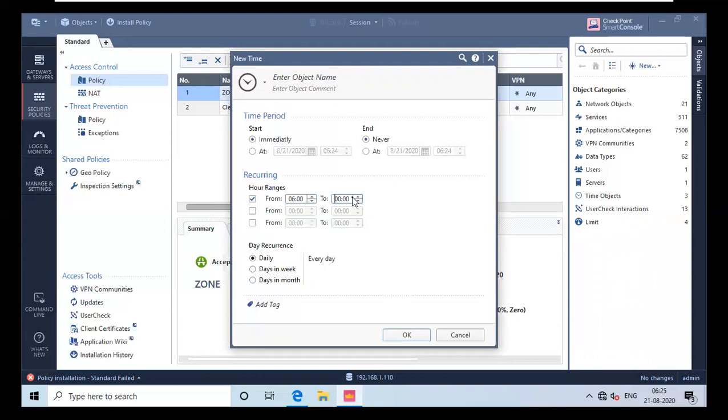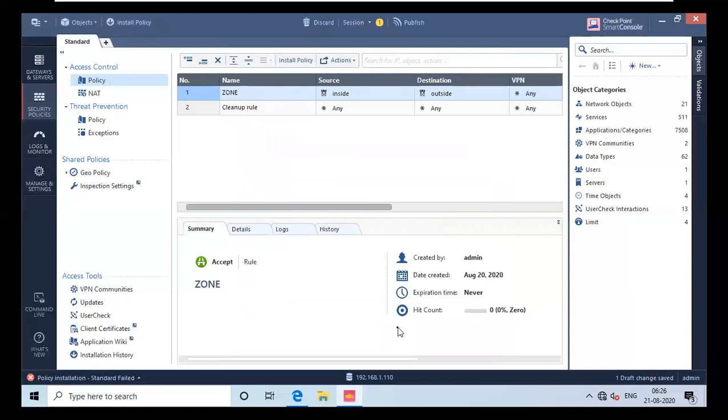My numlock is off. That's why. I can simply click on this. It will increase it 1, 2, 3, 4, 5, 6, 7, 8, 9, 10, 12. Great. So it's 6 to 12, which means 6 hours this rule will be in effect. So what I have to do is simply click on. Oh, I didn't type the name, so I will give it. Sunny. Great. I will go for OK, and the time object is created.